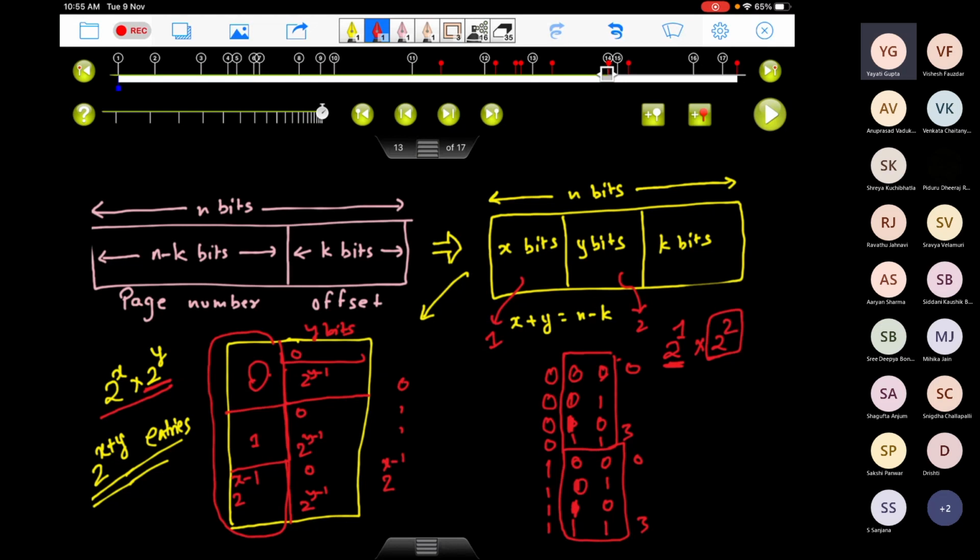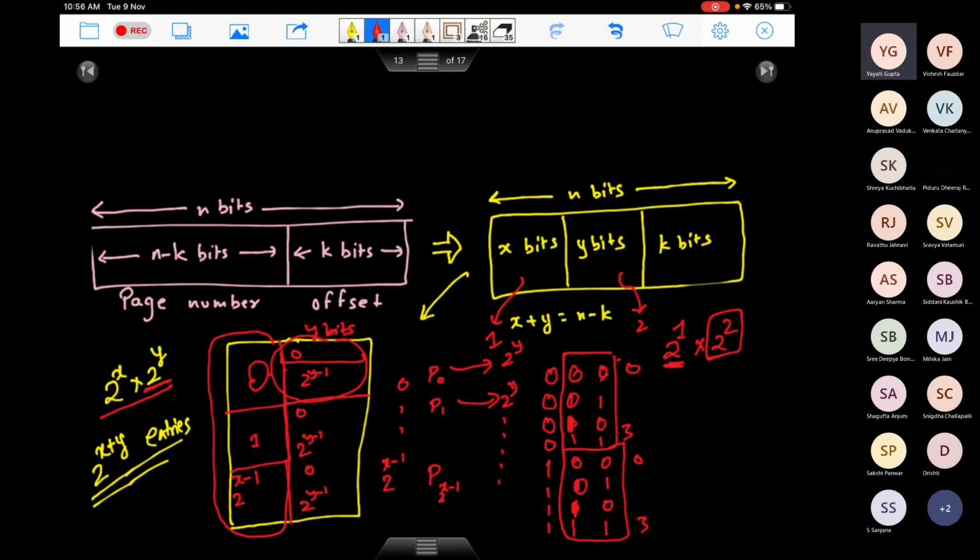Corresponding to these entries, you'll have a pointer. So let's say P0 for this one, P1 for this one, P of 2 to the power x minus 1 for this one. And each of these pointers will have these many entries: this one having 2 to the power y entries, this one having 2 to the power y entries, and so on and so forth. Right. So let me write it down on a new slide.